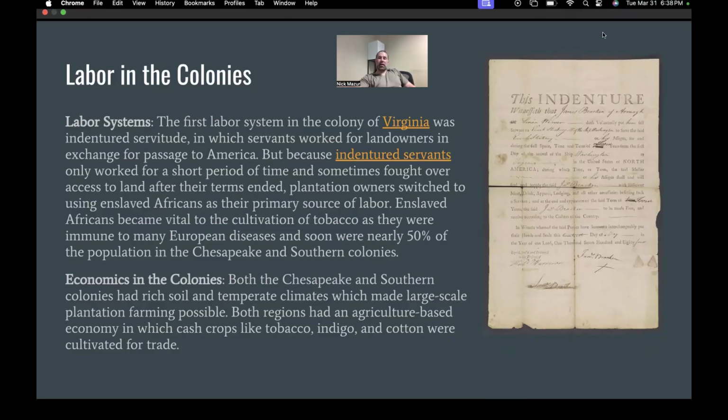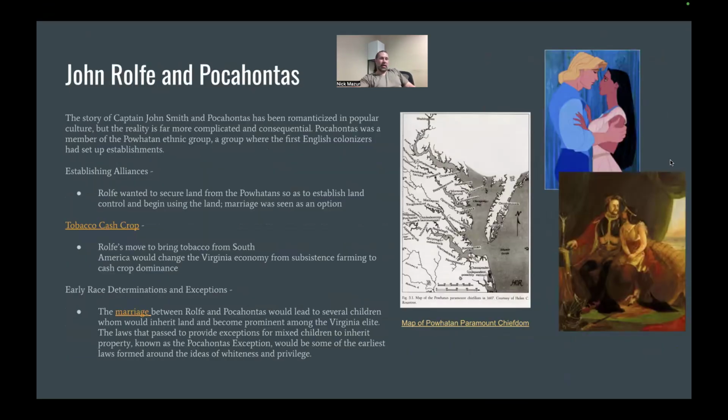And so when we think about that, we want to think about what exactly and where exactly did they need this labor from, right? Aren't these just small farms and everything else? Well, yes, in part, in areas like Connecticut and Massachusetts. But in the areas where we are, Chesapeake, Maryland, the Virginia area, all of this area is actually pretty good growing land. And it's pretty good growing land for one thing in particular, tobacco.